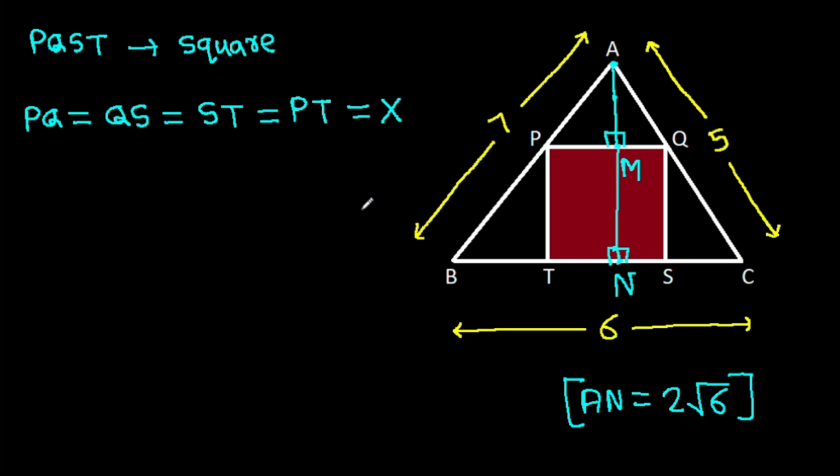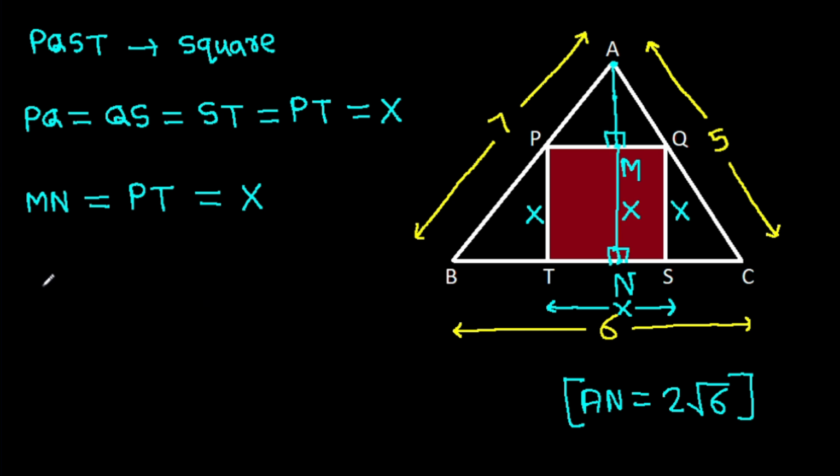Suppose PT is x, QS is x, and ST is x, and MN will be equal to PT, that will be x, MN is x,